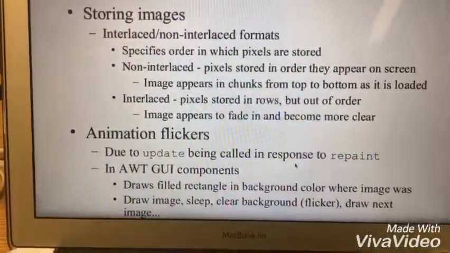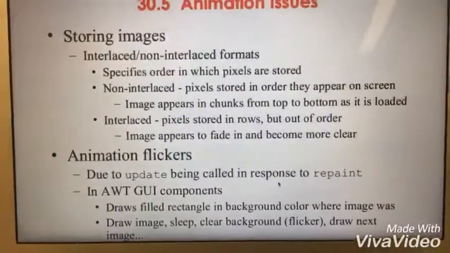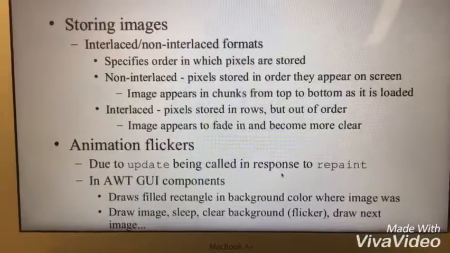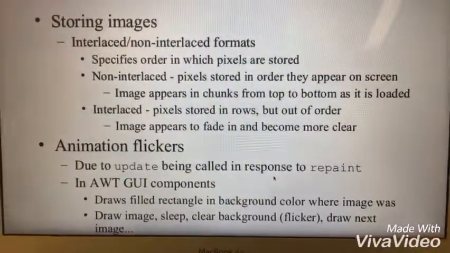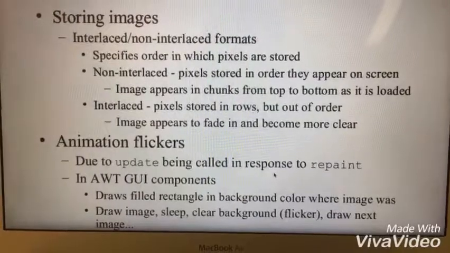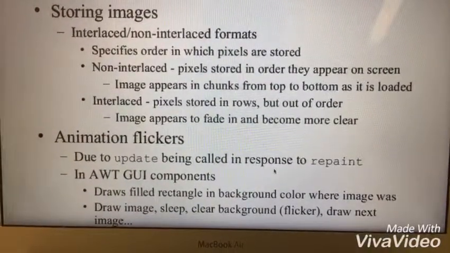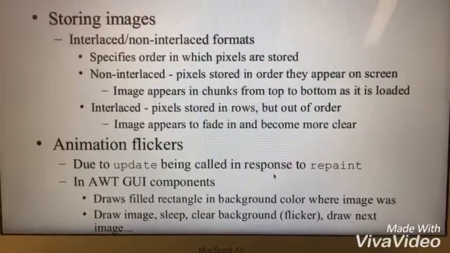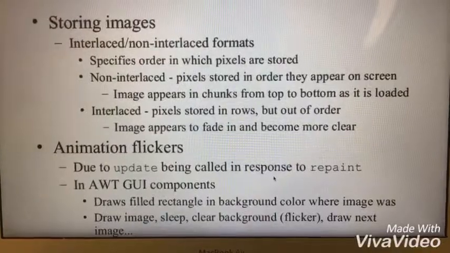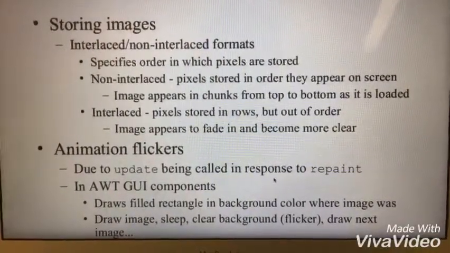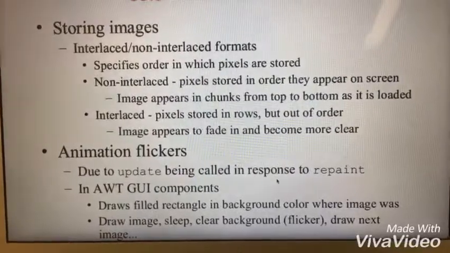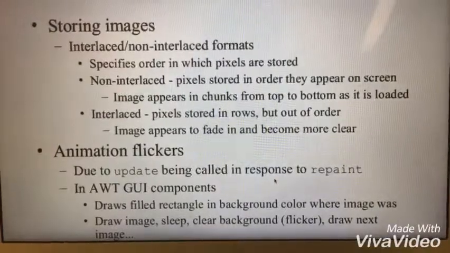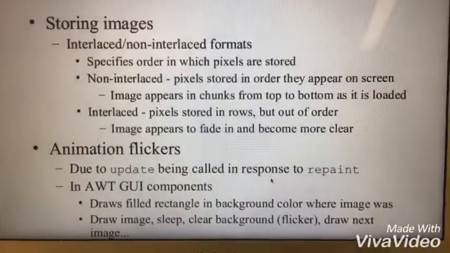Animation issues. What are the main animation issues we observed in multimedia? Java multimedia. Storing images: interlaced and non-interlaced formats specify the order in which pixels are stored. Non-interlaced means pixels are stored in the order they appear on screen, so the image appears in chunks from top to bottom as it is loaded. Interlaced means pixels are stored in rows but out of order, so the image appears to fade in and become